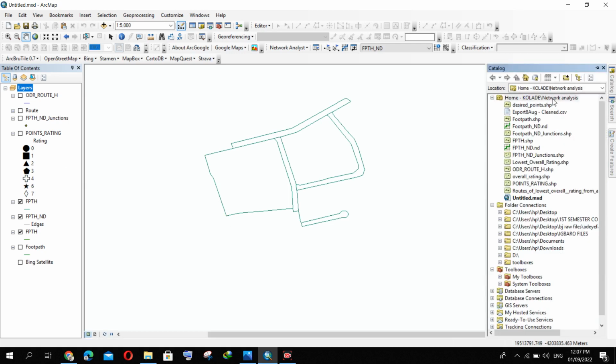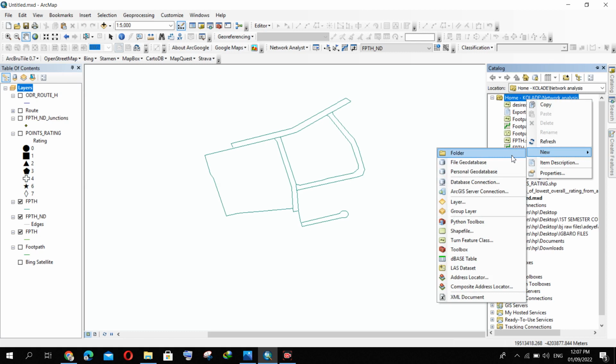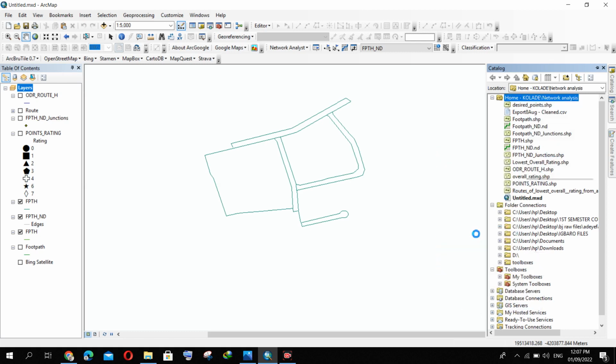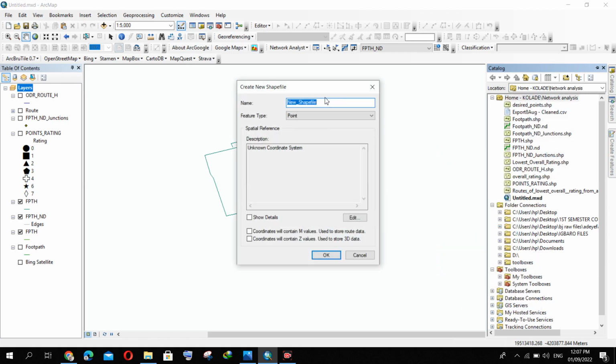You come to your catalog, your working folder. In your working folder, you right click, you go to new, then you come to your shapefile, and then let me say new shapefile, new footpath rather. Then the feature will be polyline. Then the coordinate system,